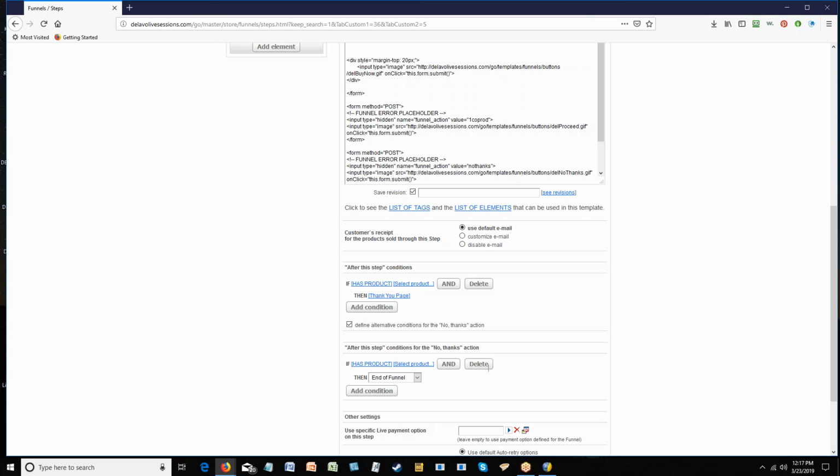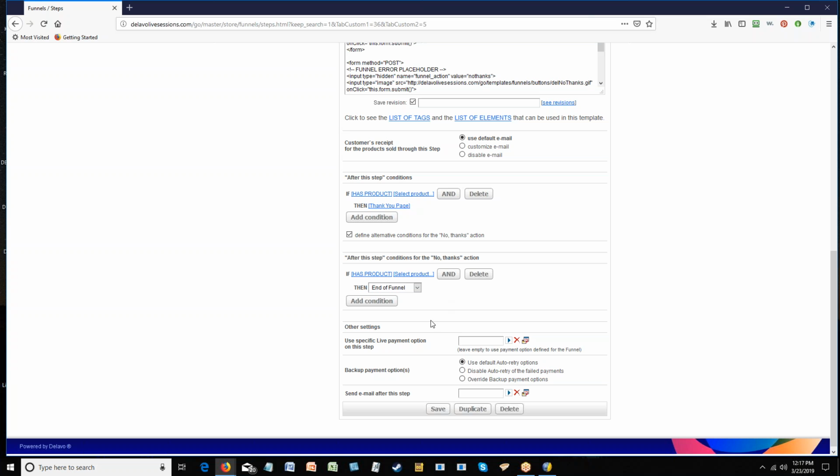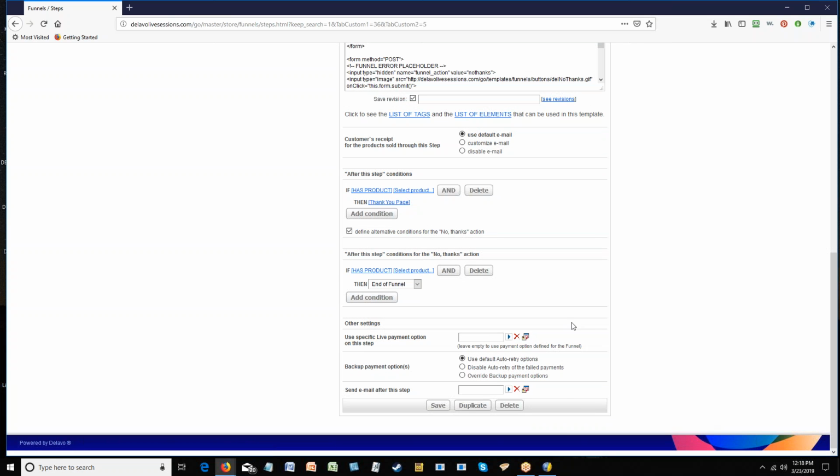So for the no thanks action, they're not buying that product, so you need to send them to the thank you page, to the end of the funnel, etc. Okay, on the other sections, it's the same thing. Specific live panel, it doesn't change. If you want to send the email after this step, I don't, because I want them to go to the thank you page. So when they go to the thank you page, that's where I will send an email out. So for this one here, I would just say the thank you page if they said no,